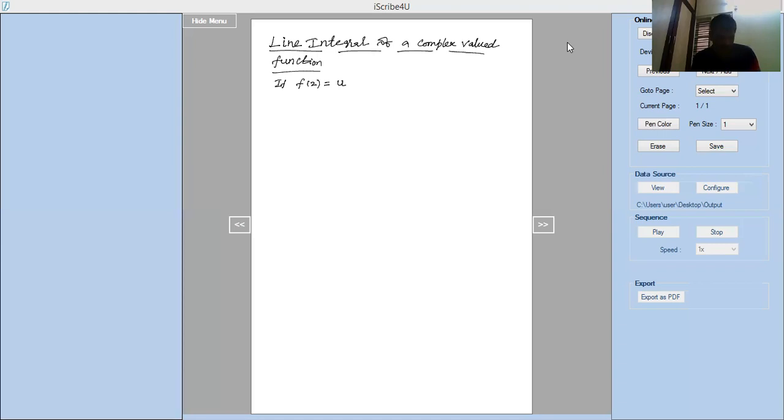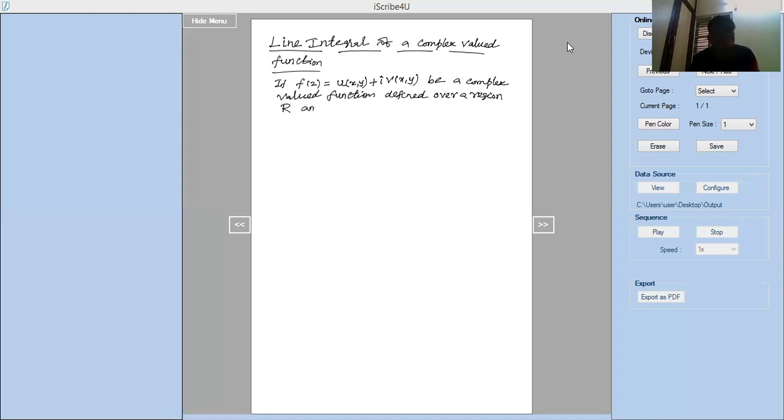So f of z equal to u plus iv, that is, u of x comma y plus i into v of x comma y, be a complex valued function defined over a region capital R,